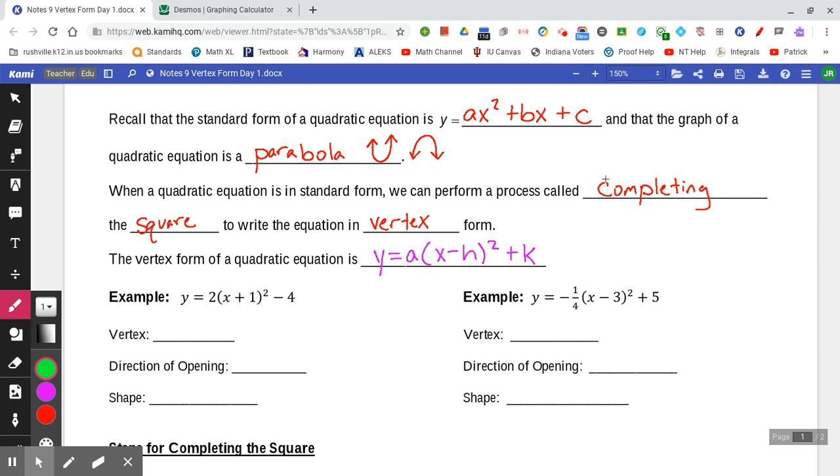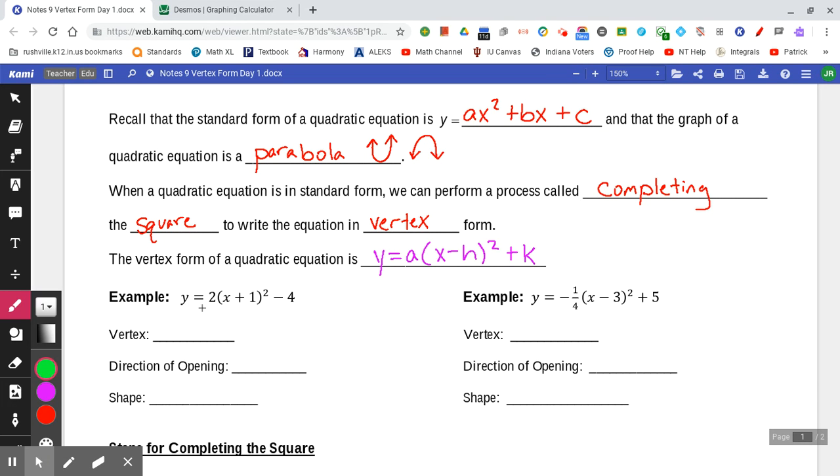So what we're going to focus on today, after a little review and some warm-ups, is taking an equation that is written in standard form and converting it into vertex form. All right, because again, the nice thing about having an equation in vertex form, such as this one, is